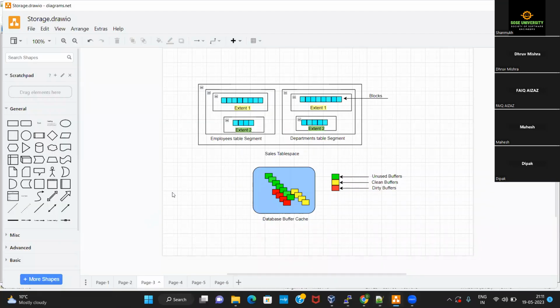Now, all those rows, all that new data, will first be placed inside the database buffer cache. And the blocks that are going to hold that new data are called the dirty buffers.